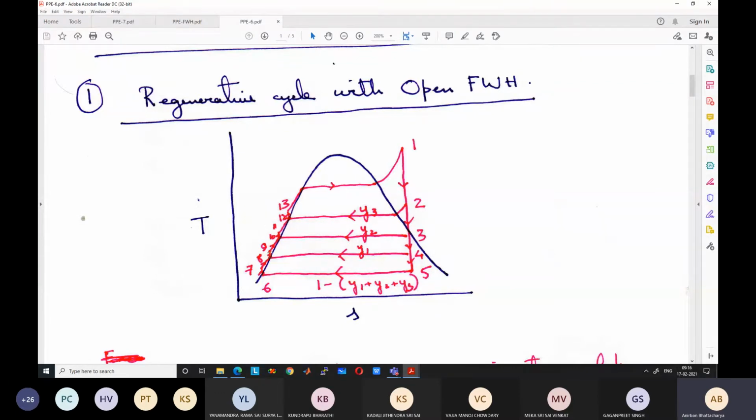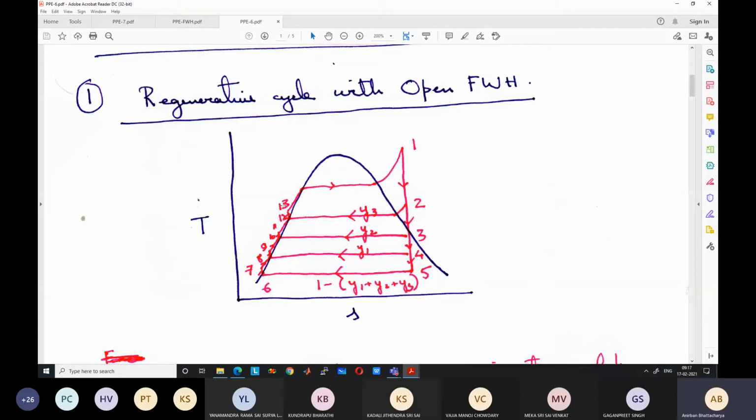Okay. So this is pumped to state 9. So at state 9, the pressure is equal to P3. P9 is equal to P3. Again, they mix together. So the water at 9 mixes with steam at 3. And ultimately, the mixture comes to state 10. Okay. You can just do an energy balance using mixing enthalpy. So then from state 10 it is pumped to state 11, which has a pressure equal to P2. Okay. So 11 and the state 2 steam mix together to go to state 12, which is now pumped to state 13, which has a pressure equal to the boiler pressure P1.